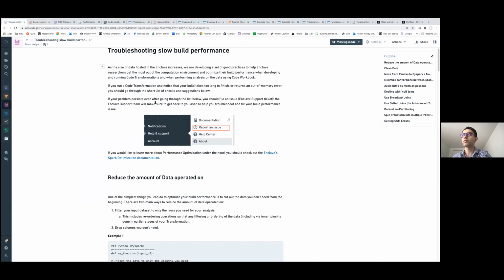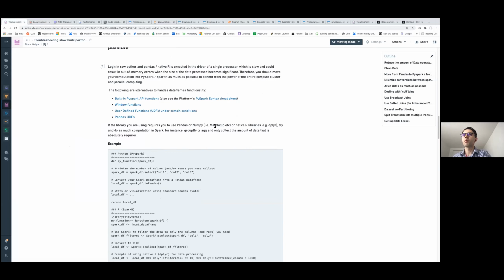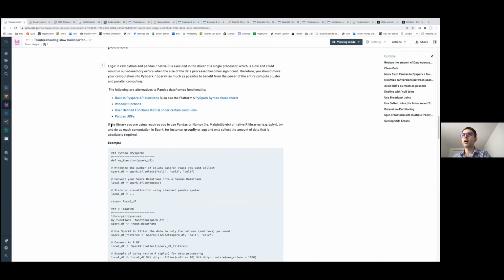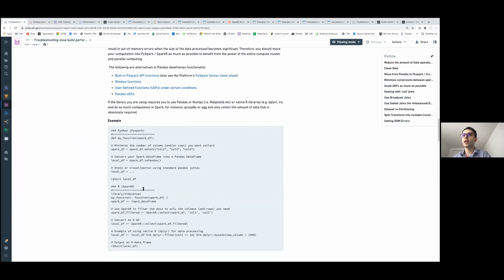In fact, when you go back to this document, we provide some syntax for Python and for Spark. So for Python, you can do toPandas to convert your Spark data frame into a Pandas data frame.